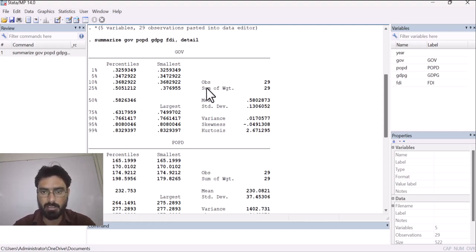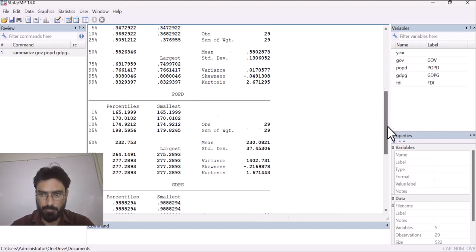Then it has shown us the number of observations, that is, how many observations have been included in our dataset, then the mean for this particular variable, then standard deviation, variance, skewness and kurtosis. We will discuss all of these values one by one later on. And then here comes 99%, and this value shows the maximum value in your dataset.